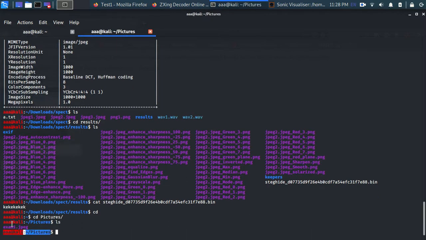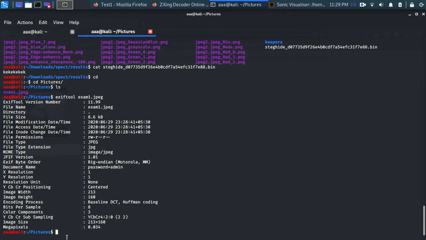So let's use my EXIF tool on this. And okay, we found something. We found that the password is admin. I don't know whose password is admin, but there is something that we know.